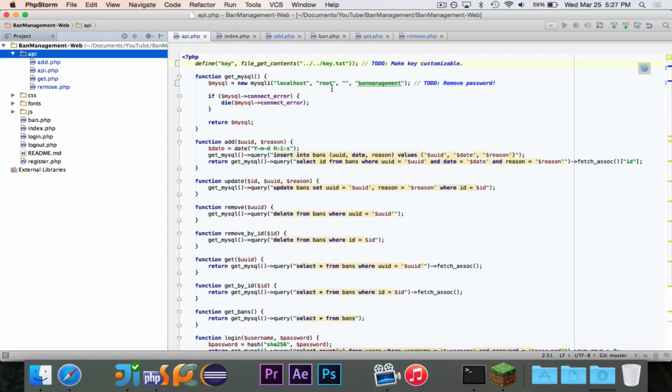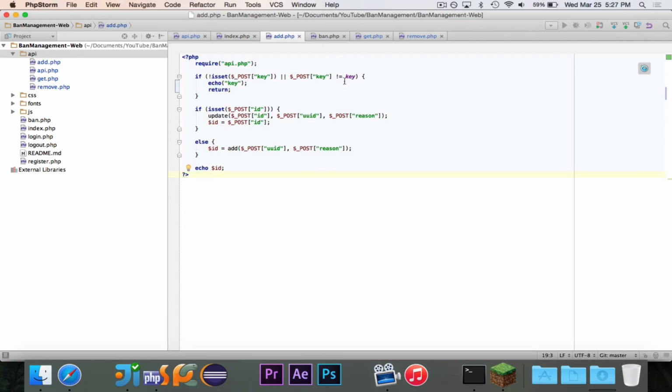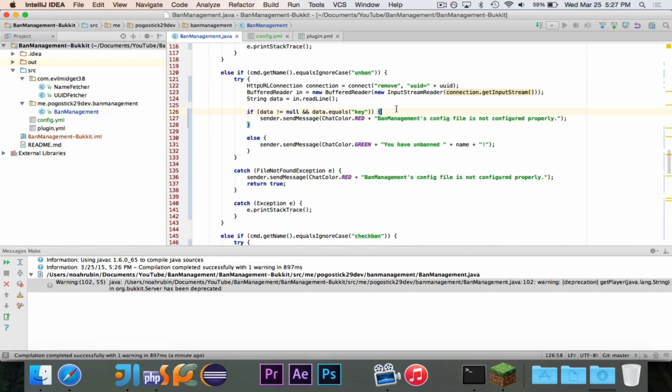So that was one problem. The key was not working. It was not showing up. And that was that problem. And then here, it's just the exact same. One other thing that's important is if no data is returned, and you're trying to say if data.equals key, well, if nothing is echoed out, then data would be null, and then you would get a null pointer exception. So you have to add that data is not equal to null check,